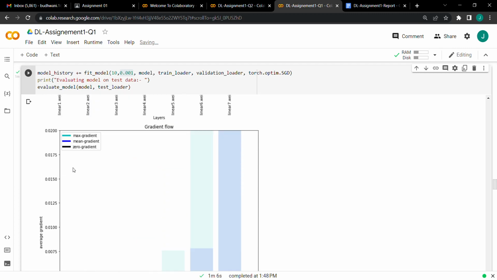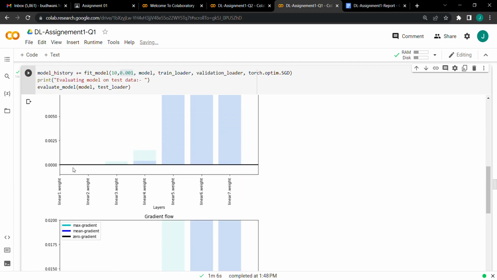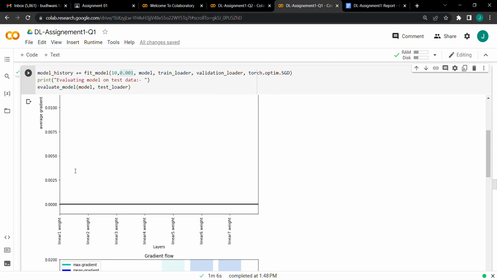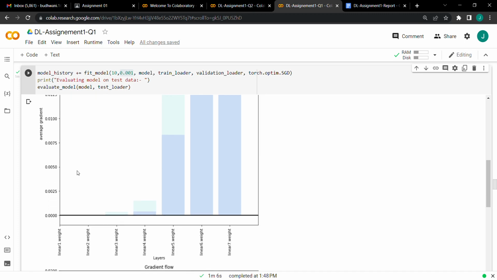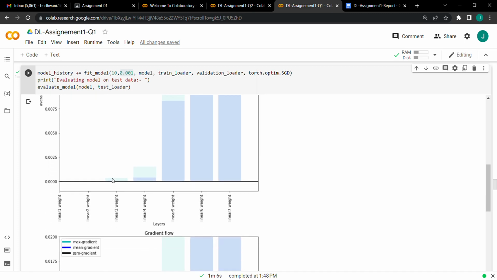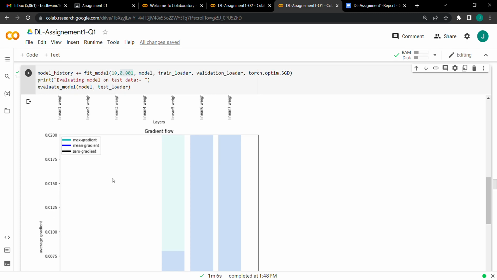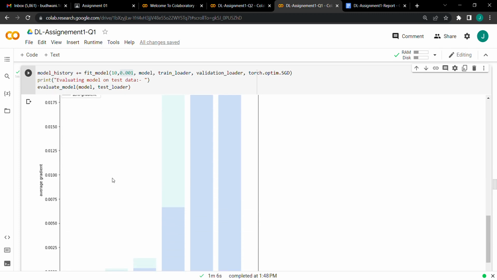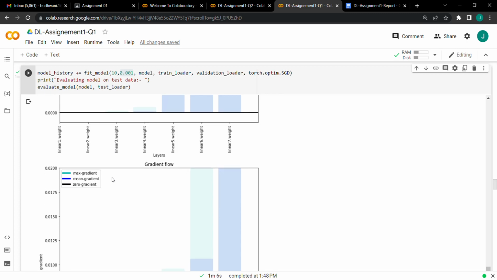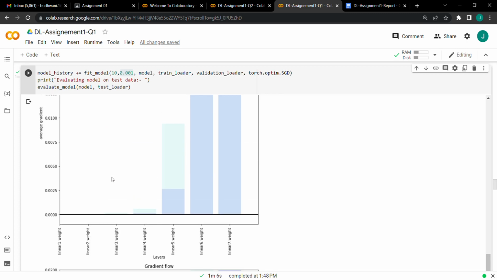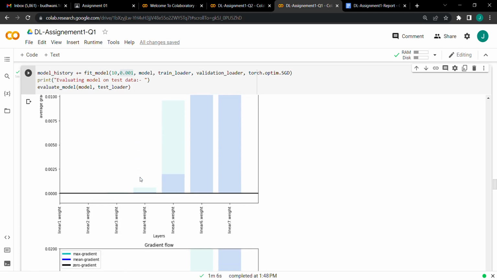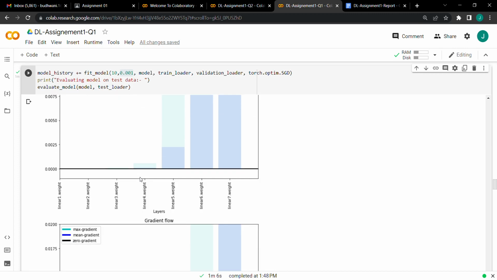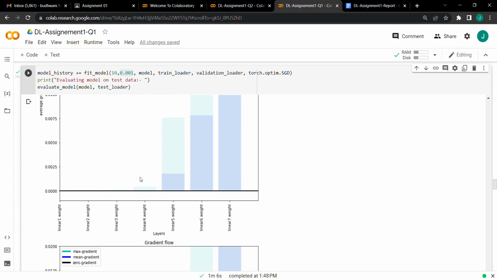So as we can see, during the epochs, the first initial value of the gradients was 0, as we have initialized it to 0. At the first iteration, we can see that at the third layer the gradient value is very low. Similarly, after the first epoch, it goes down and down, and at epoch number 4 or 5, the layer 4 weights are also starting to become very low. After the 5th epoch, 6th, 7th, 8th, 9th,